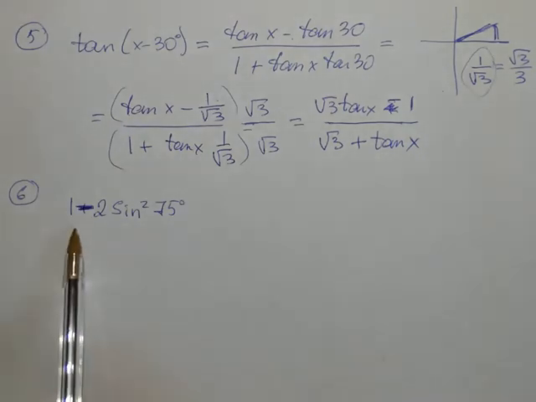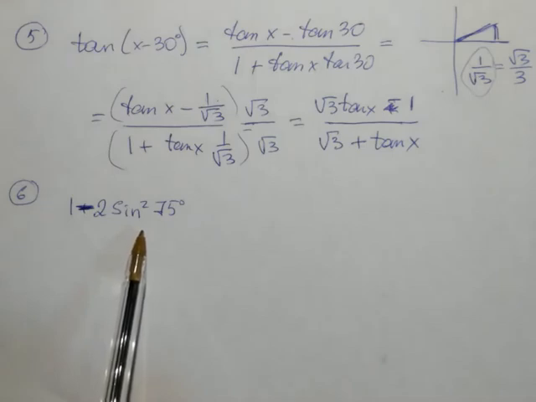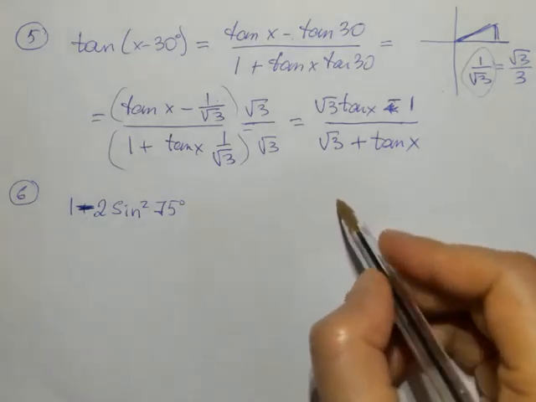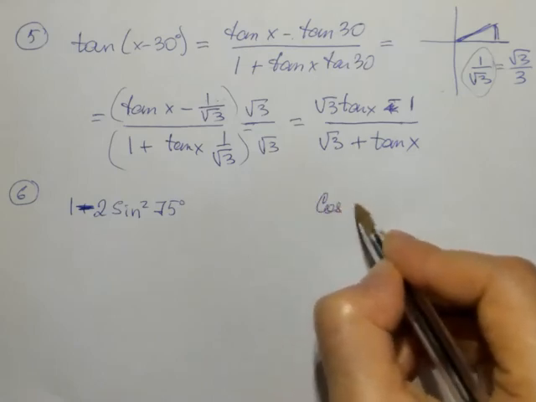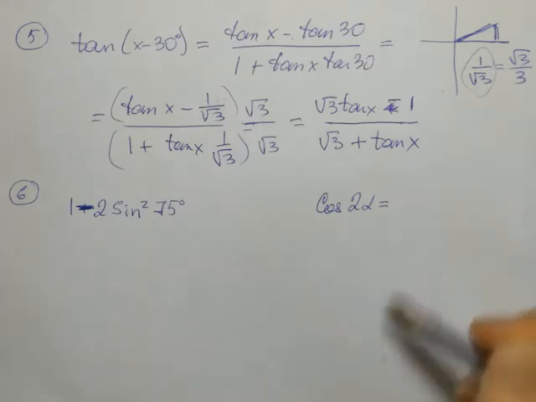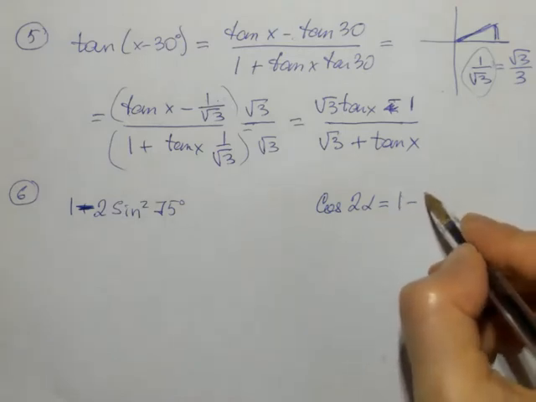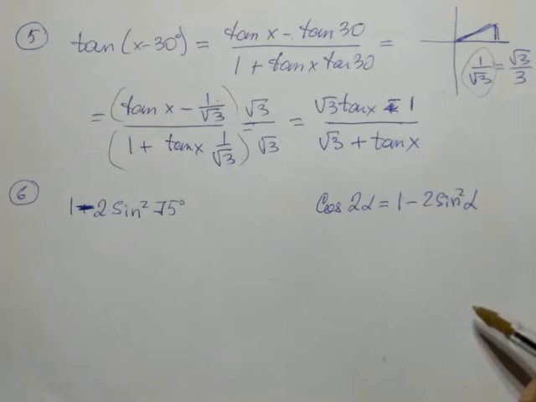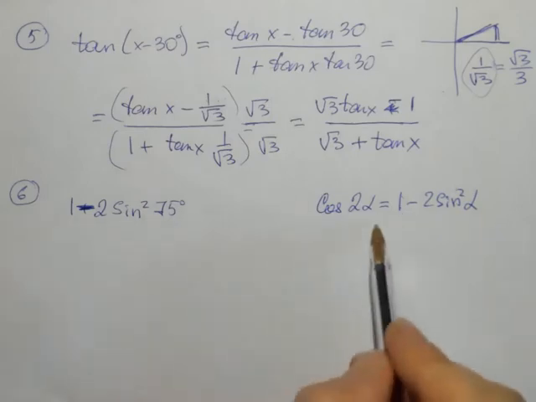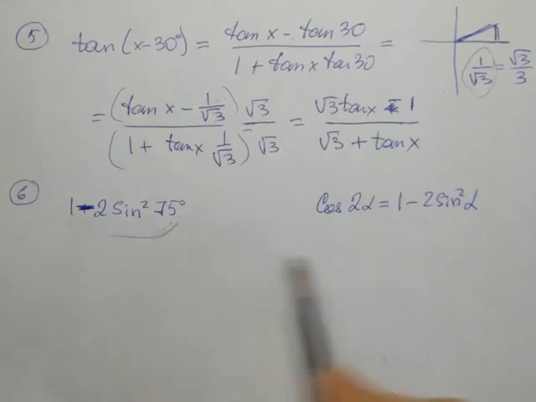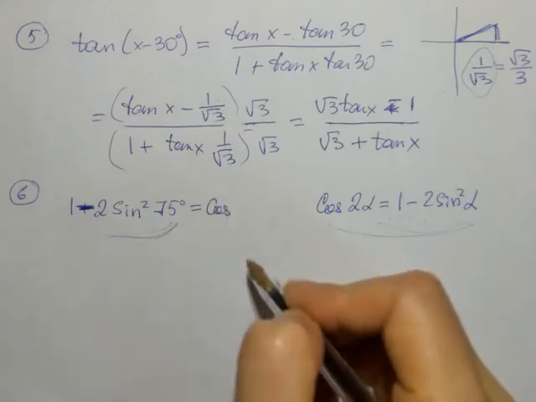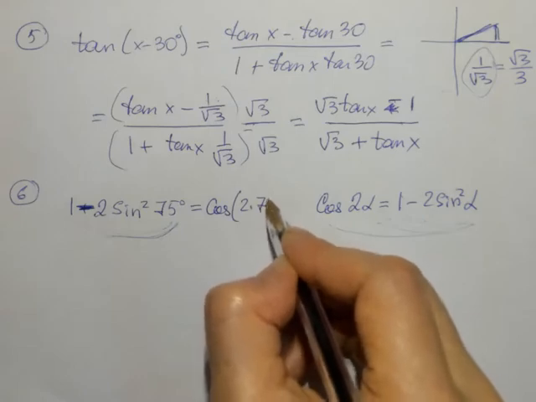Find the exact value of 1 minus 2 sine squared 75 degrees. Notice that this expression looks similar to the formula for sine or cosine of double angle. Cosine 2 alpha equals. For cosine of a double angle, we have 3 different formulas, and one of them is 1 minus 2 sine squared alpha. So you see this is almost the same as this, so we can complete this expression according to the formula for double angle. It must be equal to cosine of double angle of 2 times 75 degrees,